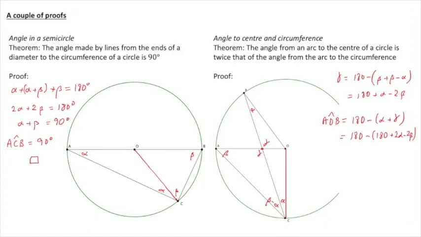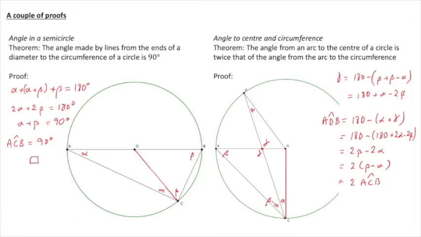We can replace gamma by the gamma we've just worked out. If we add an alpha, that means we have the gamma, which is 180 plus alpha minus 2 beta, but now we've got an extra alpha, so that's 180 plus 2 alpha minus 2 beta, and that's in the bracket there, and of course we've got 180 minus that. And when we tidy that up, 180 minus 180 is nothing, but we have minus 2 beta, so that's 2 beta, and we have minus plus 2 alpha, so that's minus 2 alpha. So we have 2 beta minus 2 alpha, which means we have 2 beta minus alpha, and that is 2